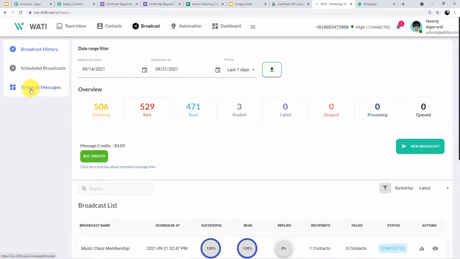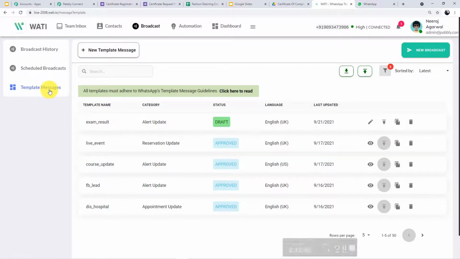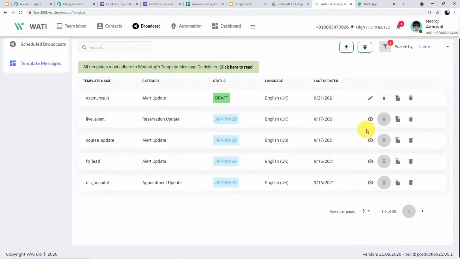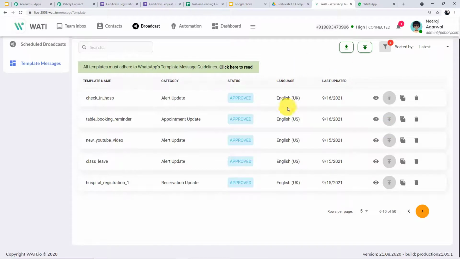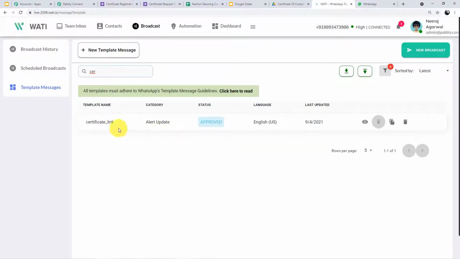Here at the left corner you can see it is written template message. Click here and you can see all of the templates I have created here. Various templates I have created. Now I'll search for certificate link. So this is the particular template I'm using for this workflow.